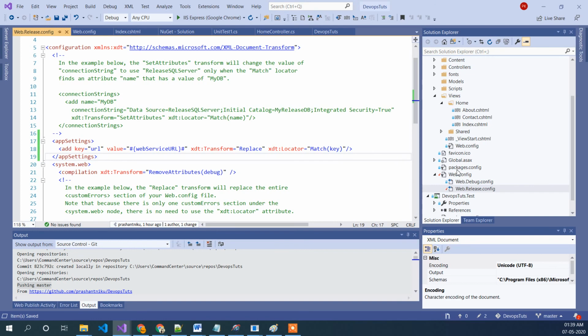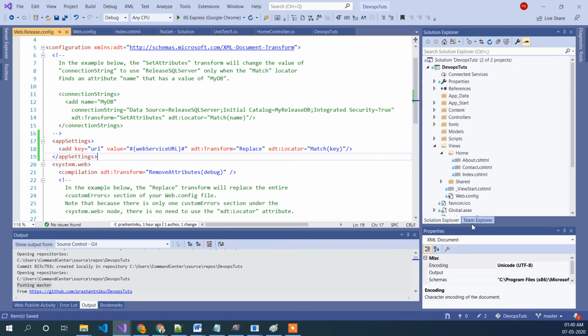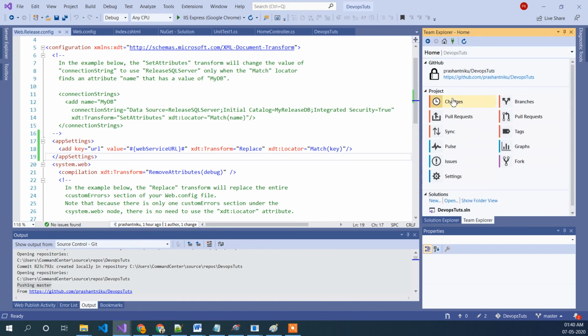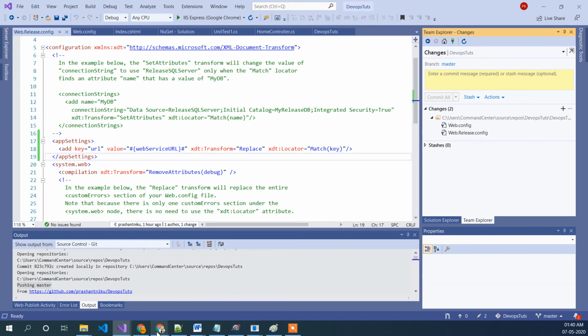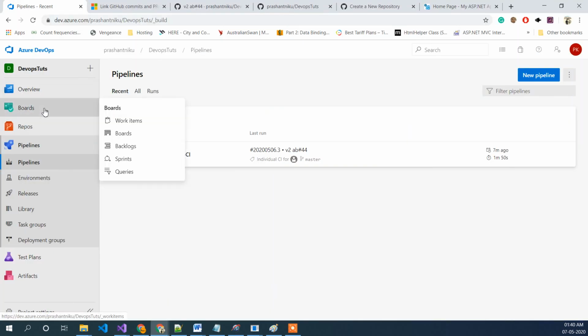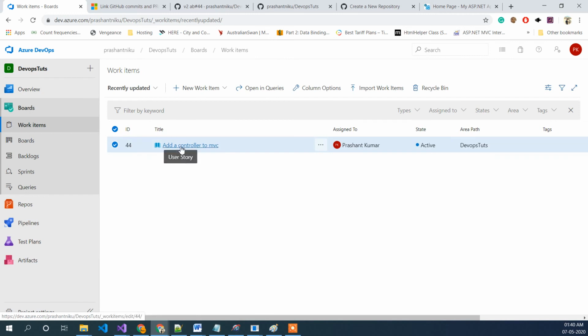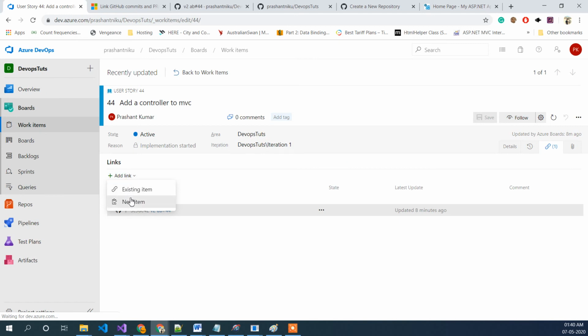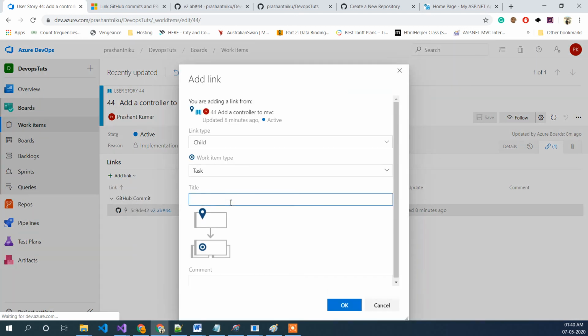Let me just commit this by going home, changes, and inside the changes I will again go to the board first, take my user story and add a new item on it, a child task, and I will just add transform logic key.